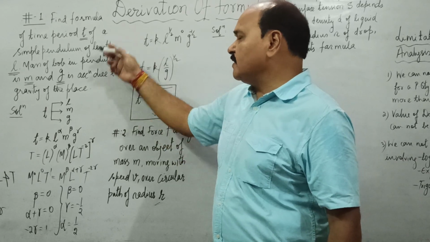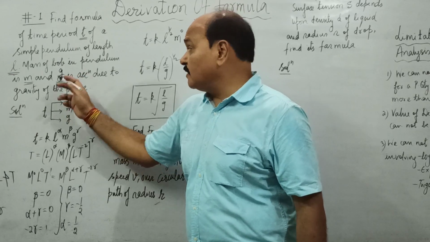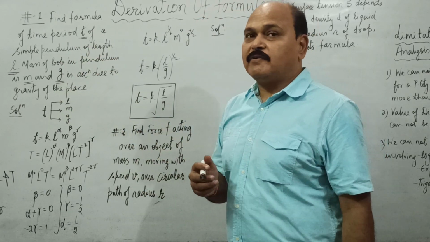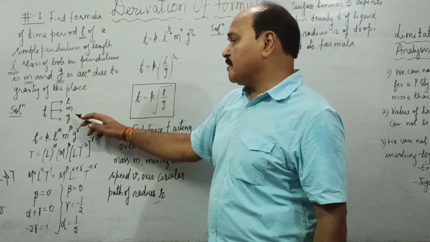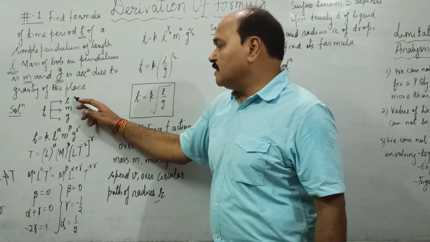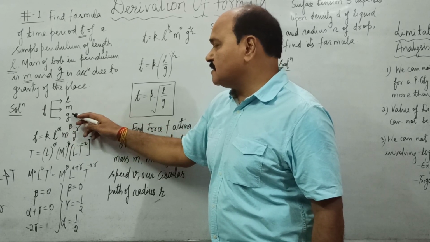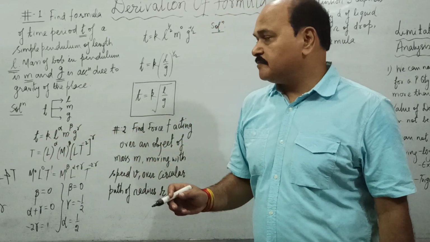So we'll take all three factors, and if time period doesn't depend upon any of these factors, that factor would automatically be eliminated from the final answer. Well, time period depends upon length, it depends upon mass, it depends upon acceleration due to gravity. So we write down the unknown powers of these physical quantities: L to the power alpha, m to the power beta and g to the power gamma, and make a formula which is unrevealed.